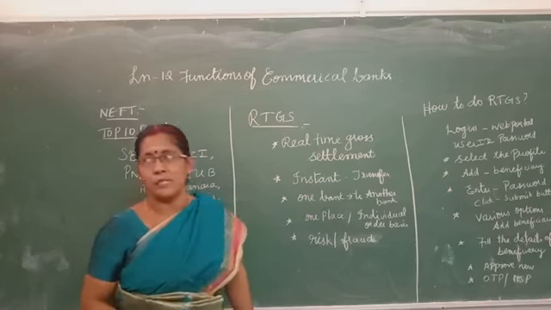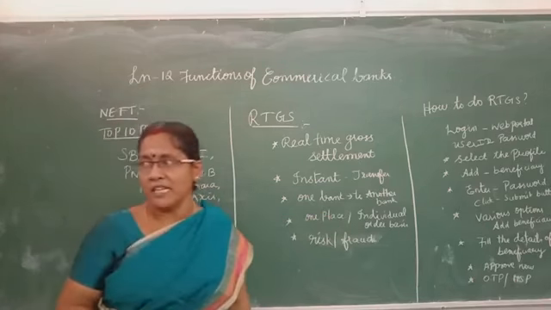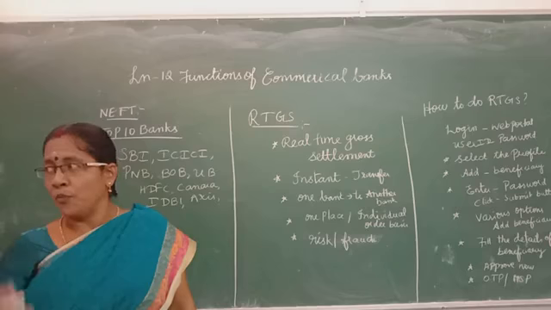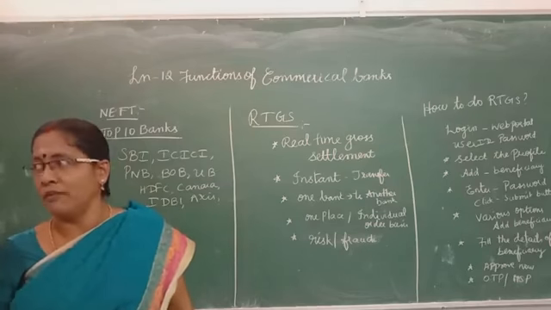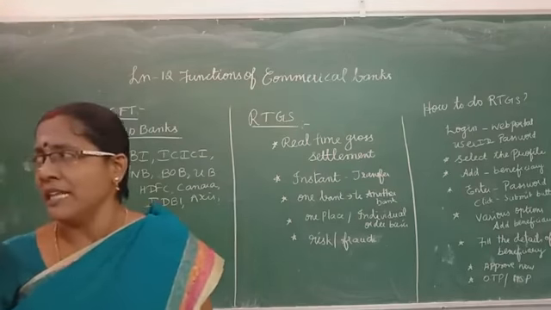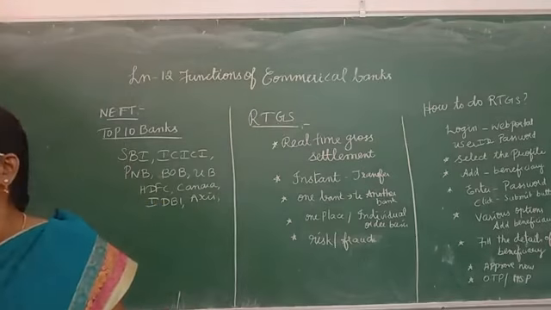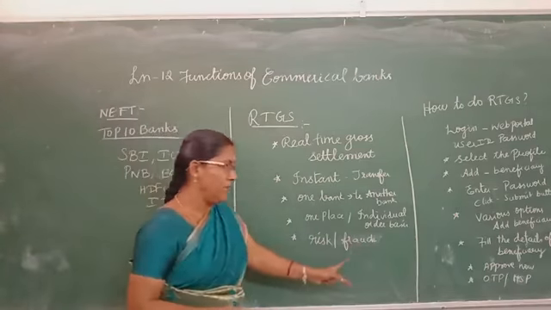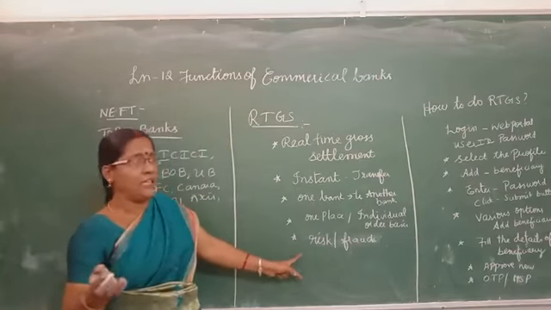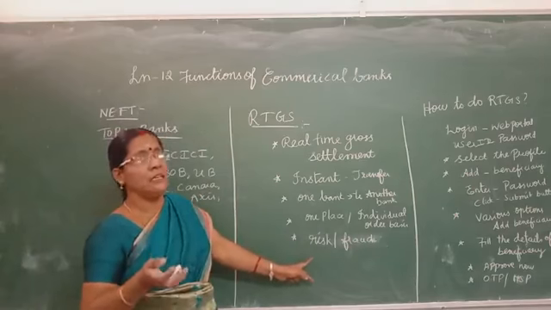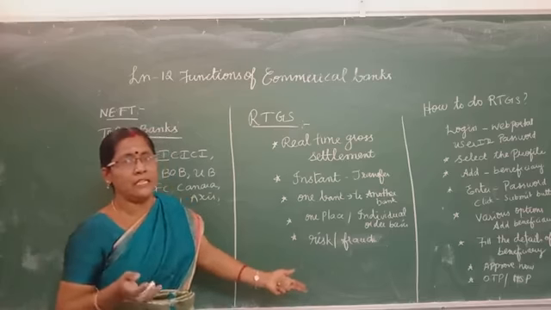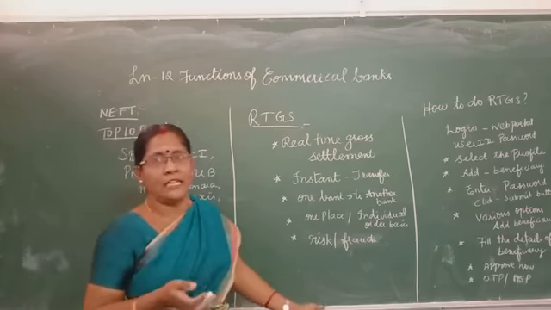Individual order basis means the transaction is settled at the same time. Whereas in NEFT it is in batches, here it will take place and there is no waiting time. We don't want to wait for the time. This system is primarily developed to facilitate the transfer of large